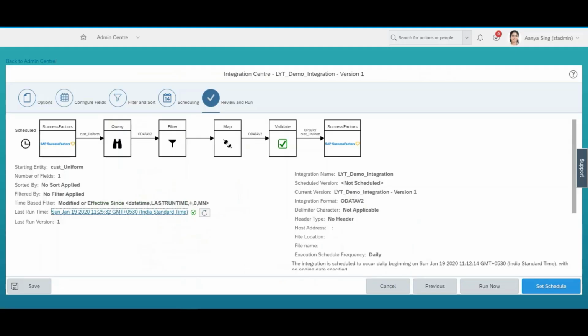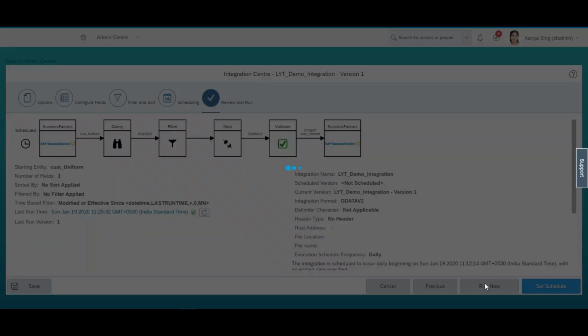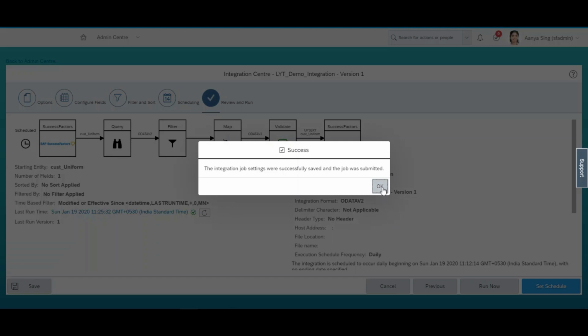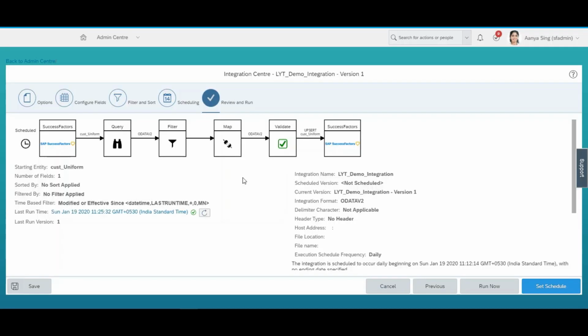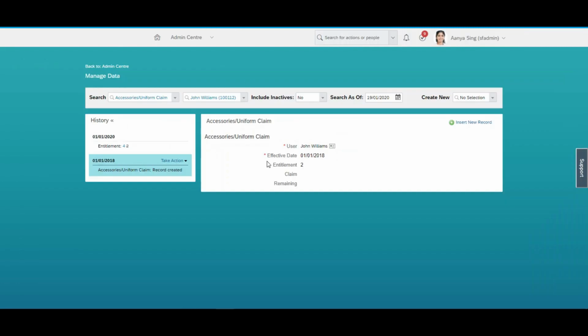Now let's run the integration. As it is scheduled, automatically it is going to run on a daily basis, so at end of day or whatever the scheduling time you set, based on that it is going to update. Let me run it now for testing purpose. It just completed the job here. If we come to this MDF part, you can see 1st Jan 2020, new record inserted, and entitlement amount is updated as well. So this is how we can integrate